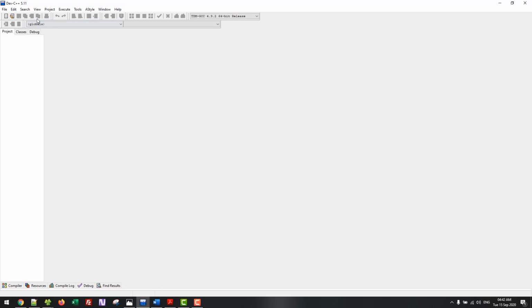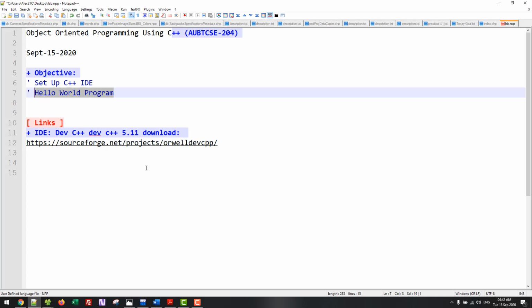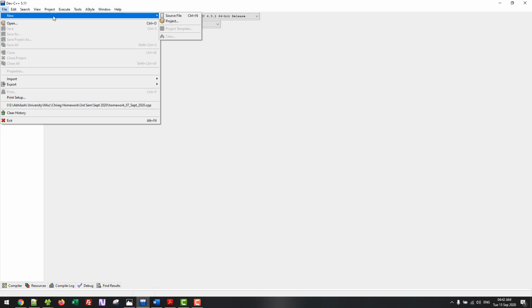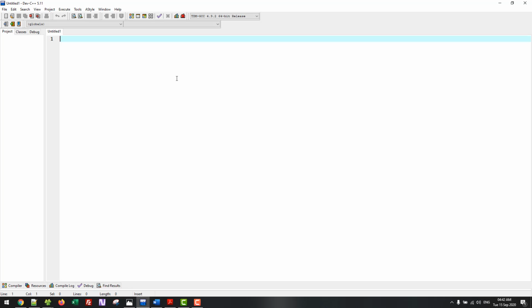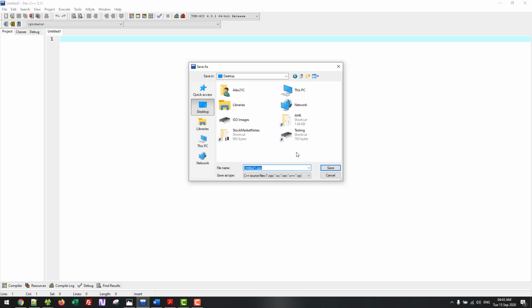In this IDE, the first thing we are going to do is write the hello world program, a simple program which displays the hello world message in the console. To do this we need to create a source code file. I go to the file menu, create a new source file, and just give it a name: file, save as, and on the desktop I create a folder